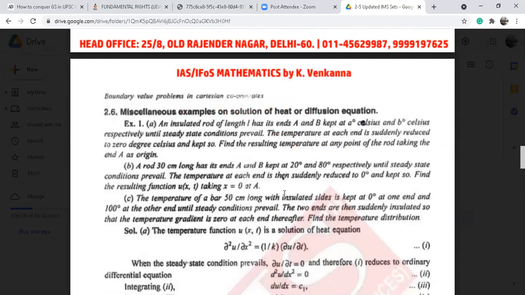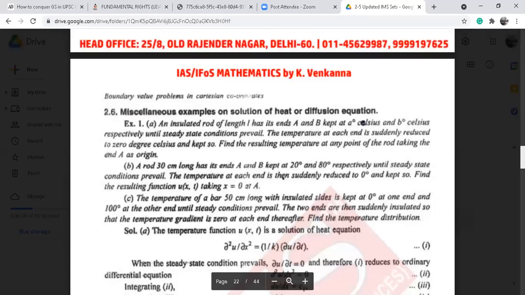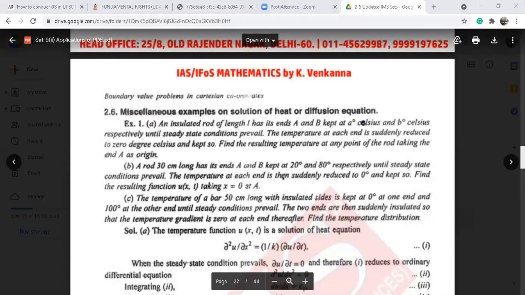Okay, this is the first thing that you can do. Now I want to do one question. Okay. Please ask if it's clear to you or not, because I'm not able to write on the PDF.